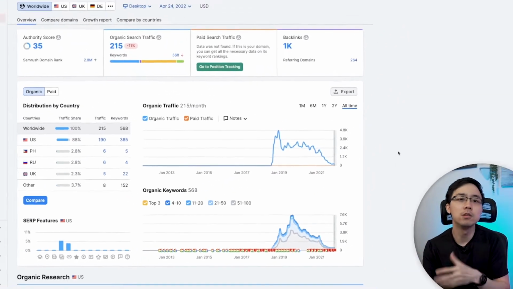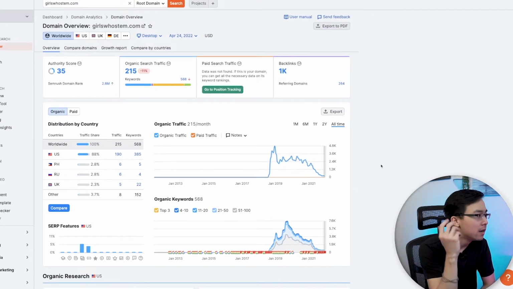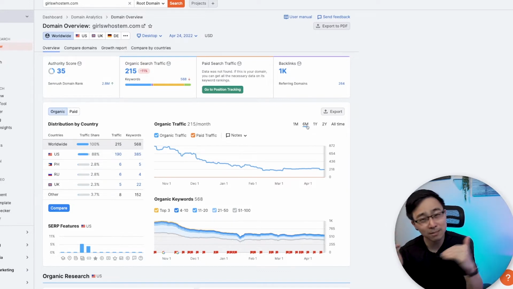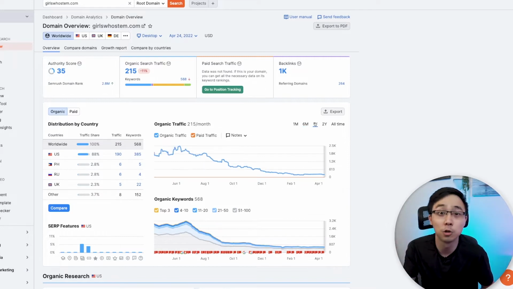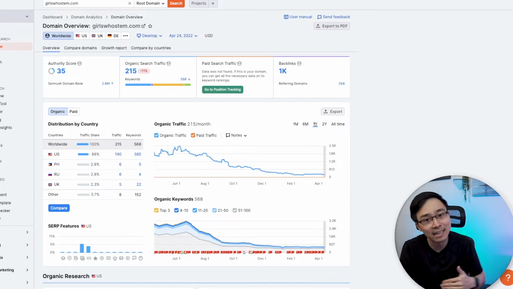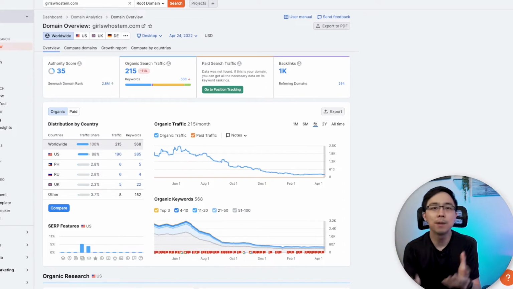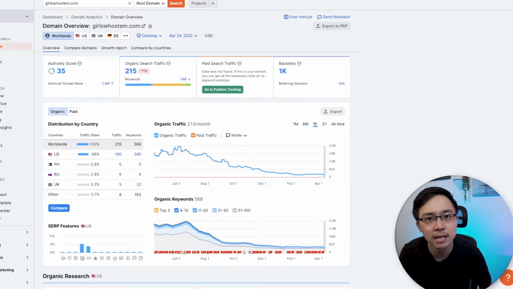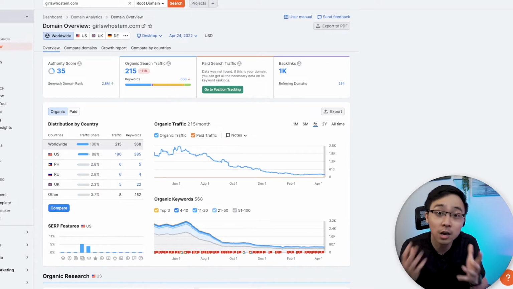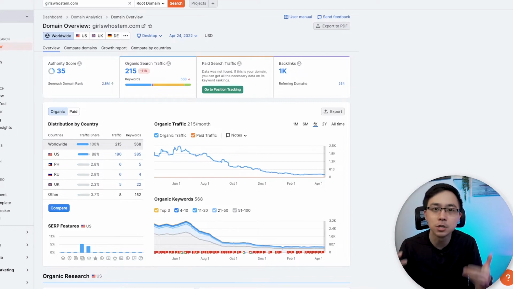But what you want to look at when you look at your own website is what is the trend? Is the organic traffic in the last 6 months or year up and to the right? Is it flatlined, or is it potentially going downhill? In this situation, if I were the owner of girlswhostem.com, I would be alarmed because this would mean that my website is dying. In the case where your website is flatlined, it might be a situation in which you don't have enough new content on your page that's really giving meaningful juice to potentially rank on new keywords. And in the case where you are going up and to the right, it's likely because your content strategy is working and you should keep doing what you're doing.